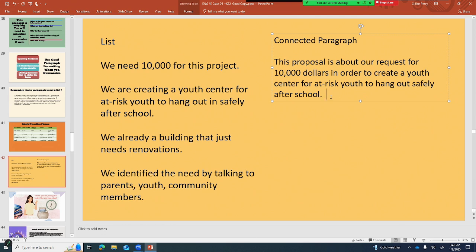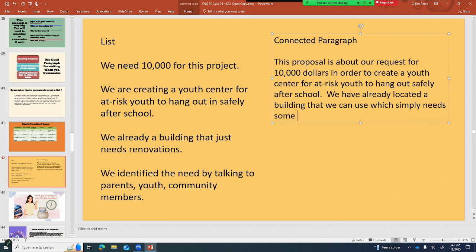So here's my main idea. What are some of the details? Okay, we have already located a building that we can use, which simply needs some renovations.